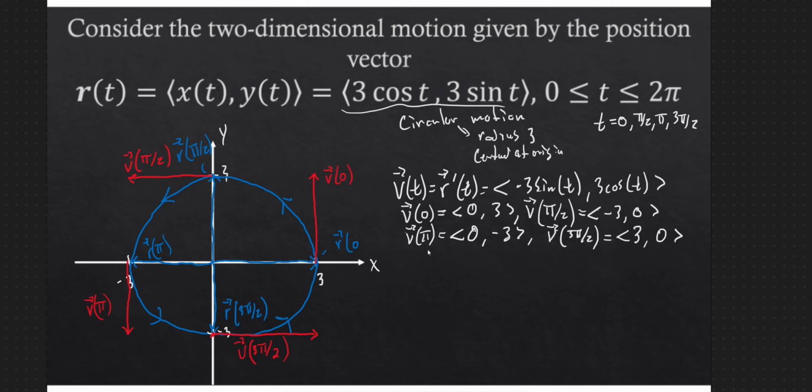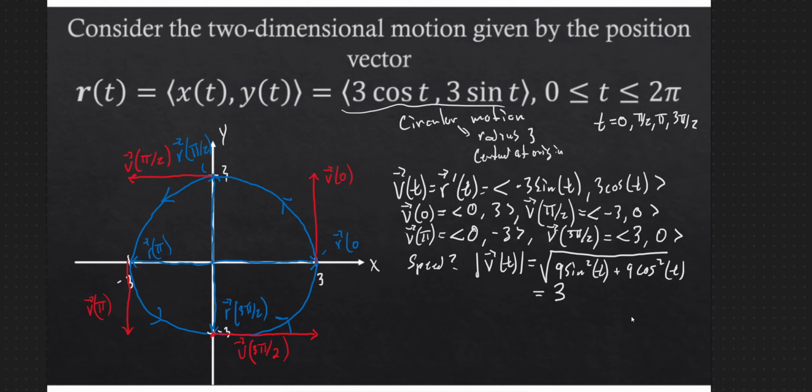Well, to figure that out, we should find the magnitude of the velocity vector. So what is the speed? Let's ask ourselves that. What is the speed of this object? Let's find the magnitude of v of t. We've already calculated v of t here, so this is going to be the square root of 9 sine squared of t plus 9 cosine squared t, x squared plus y squared. Sine squared plus cosine squared is 1, so that's just going to leave 9 here under the square root,